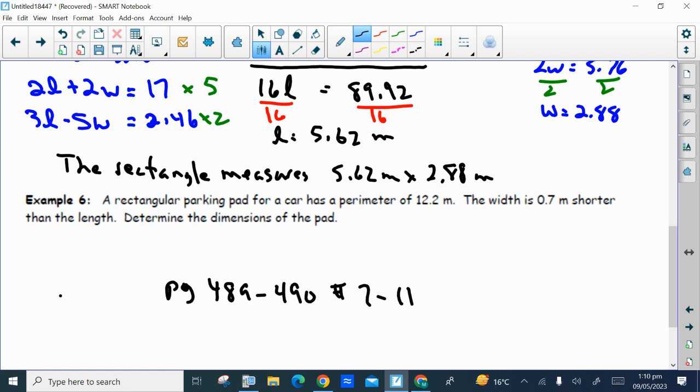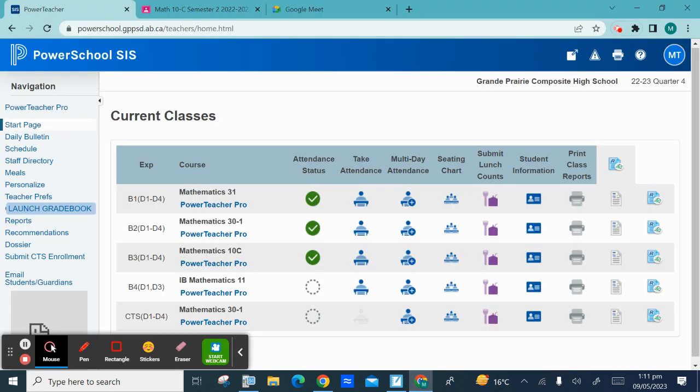Also remember, Friday, June 9th, last day to hand in any missed assignments. After that, they go into zeros, and your marks will go down. Yes, Keen, you can go to the